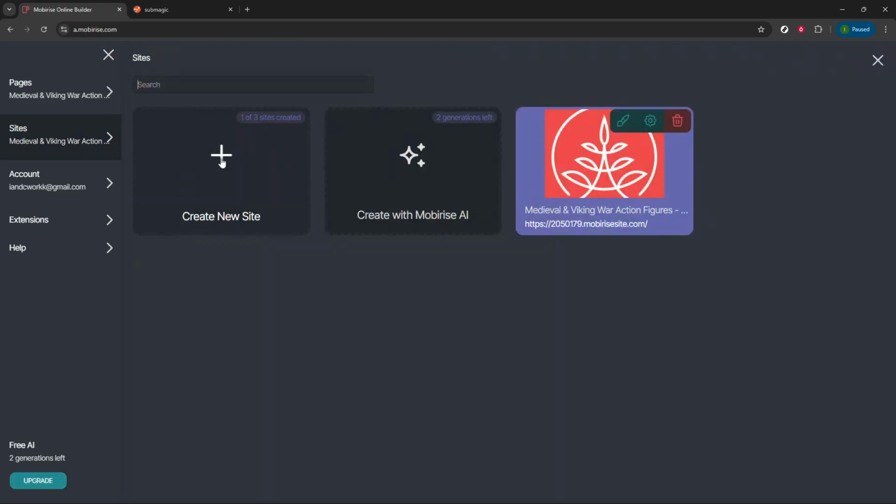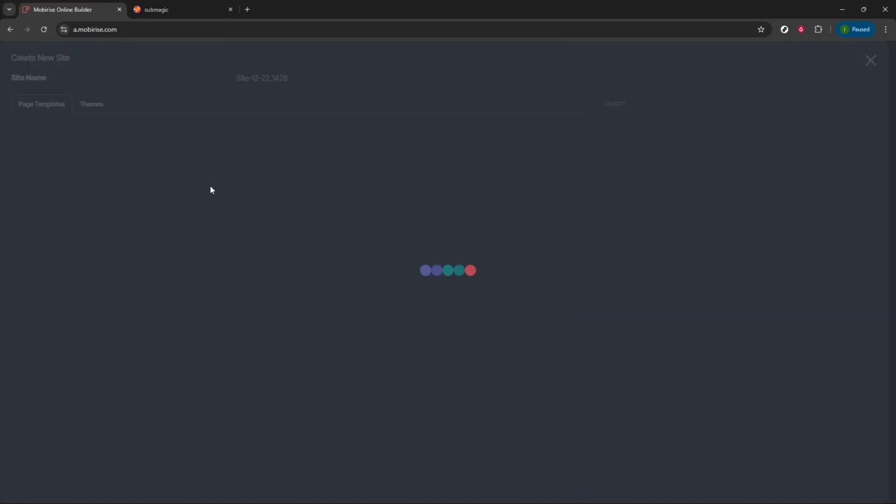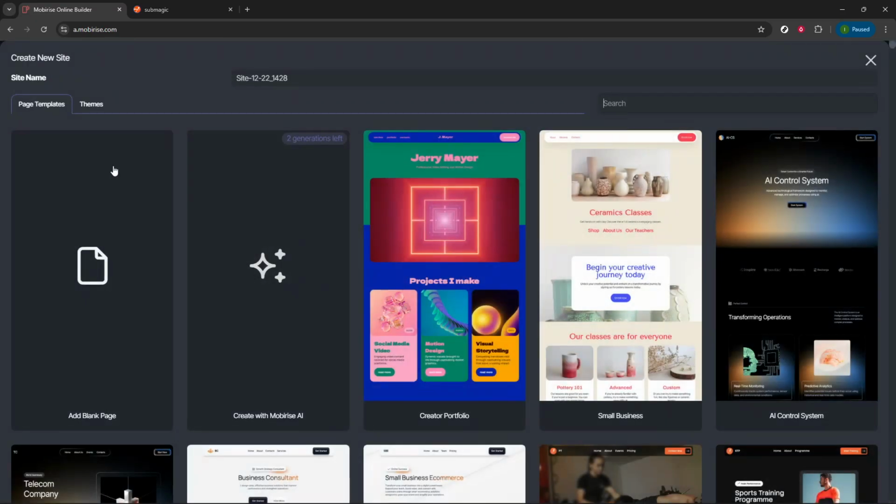Next, create a new website. Mobirise will prompt you to choose a template, and this is a great starting point because templates give you a professional layout without building everything from scratch. Browse the options and pick one that aligns with your goals, whether that's a portfolio, a business site, or a